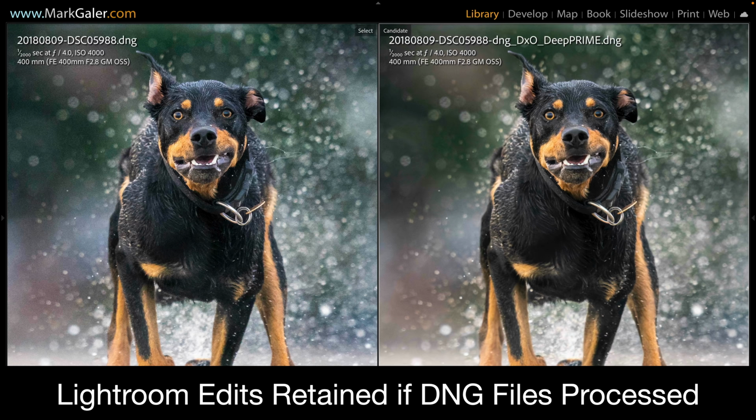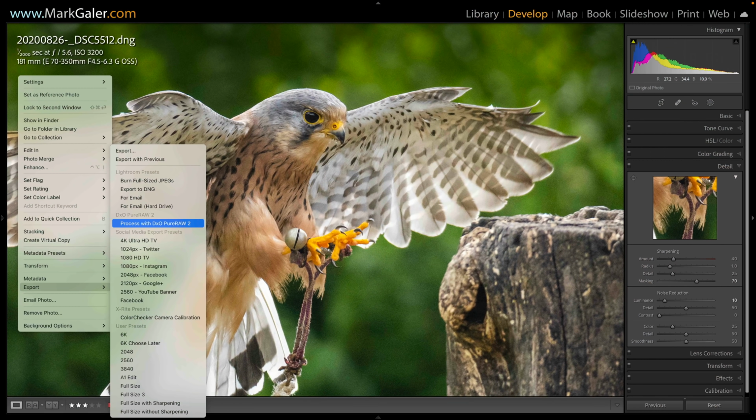If you don't want to do that, I would convert the ARW file to a DNG file before processing to Pure Raw 2. And there's a 100% comparison between this running dog shot here. Now I just wanted to highlight some of the things that happen when processing a DNG file. So this is a bird image captured with the Alpha 6600, and I've gone in and I've chosen process with